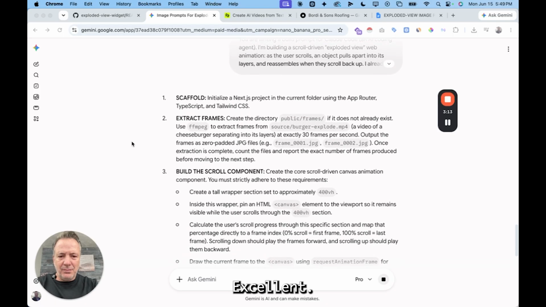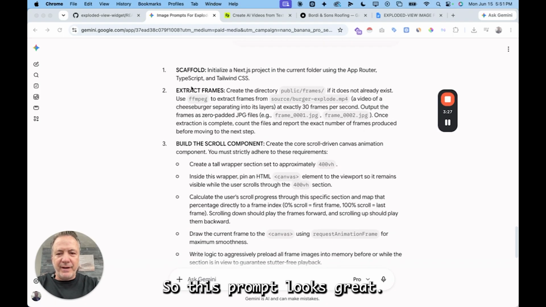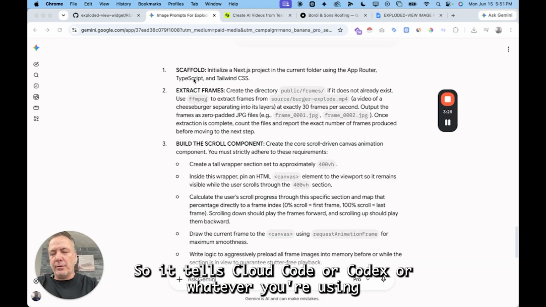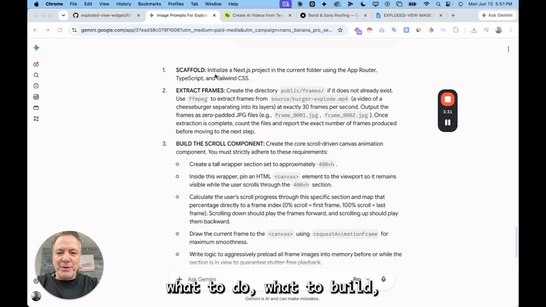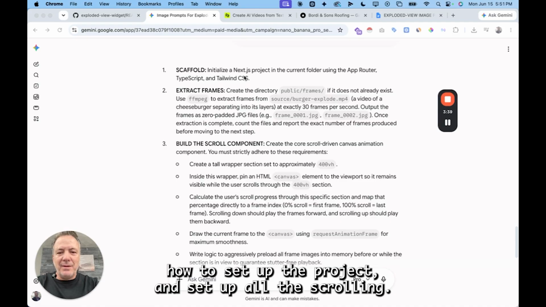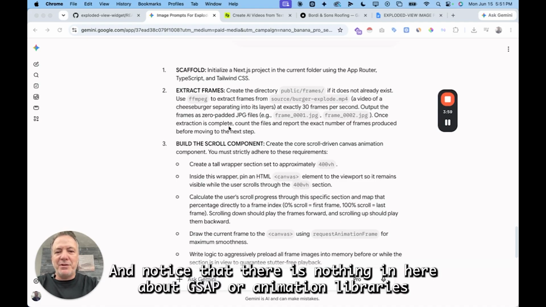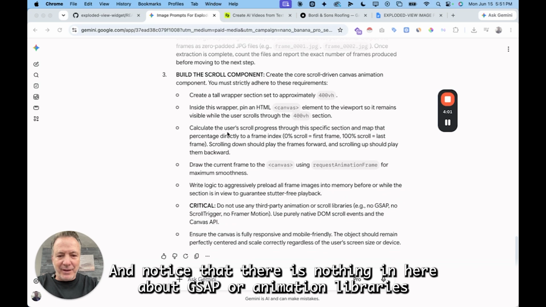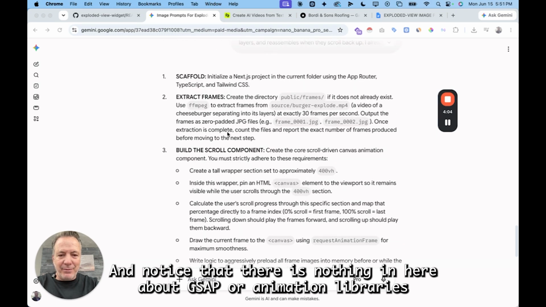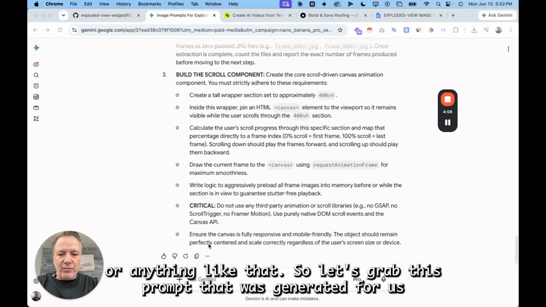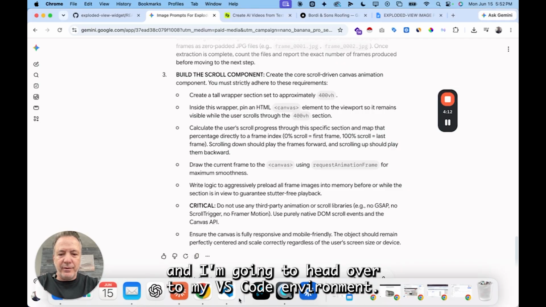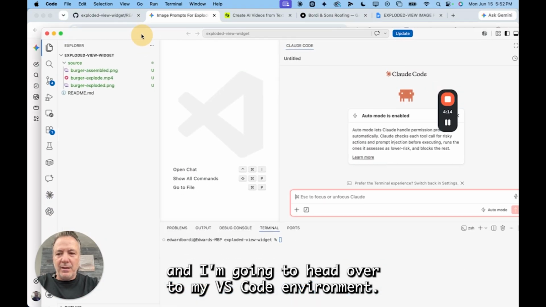Excellent. All right, so this prompt looks great. So it tells Claude Code or Codex, whatever you're using, what to do, what to build, how to set up the project, and set up all the scrolling. And notice that there is nothing in here about GSAP or animation libraries or anything like that. So let's grab this prompt that was generated for us, and I'm going to head over to my VS Code